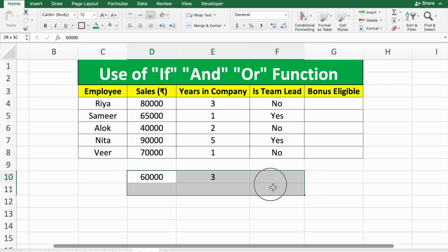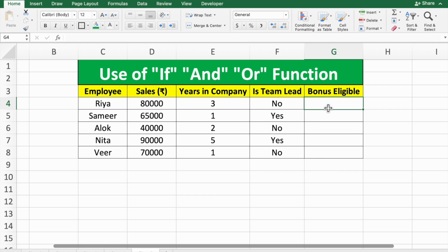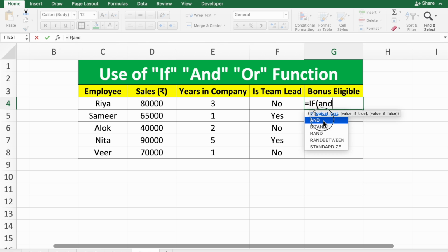Now I will set it, and on the basis of that I will know whether these employees are eligible for bonus or not. For that, you have to use the IF and OR functions together. So type equals IF, then open the bracket, and then the first logic is